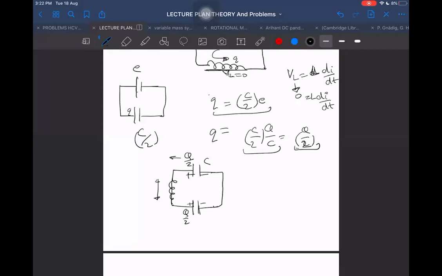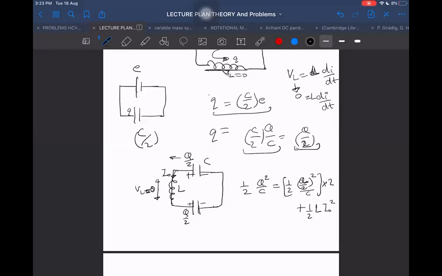And what will be the voltage across it? 0. But what will be the current through it? Peak current, let us call it I naught. But I know energy is conserved. If energy is conserved, then half of Q square by C is equal to half of (Q by 2) square by C for one capacitor, multiplied by 2 for the other capacitor, plus energy stored in the inductor. I told you today only, you may not have remembered it. Energy stored in an inductor is half L I square, here half L I naught square.